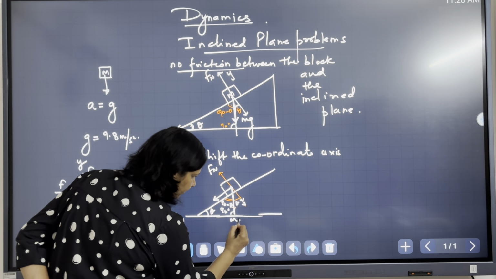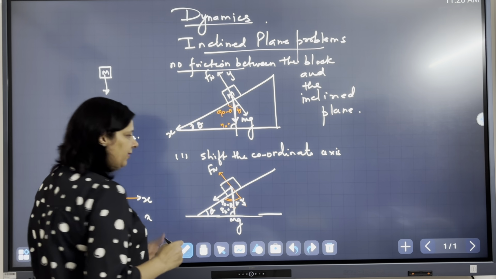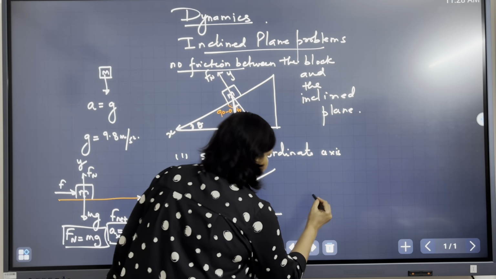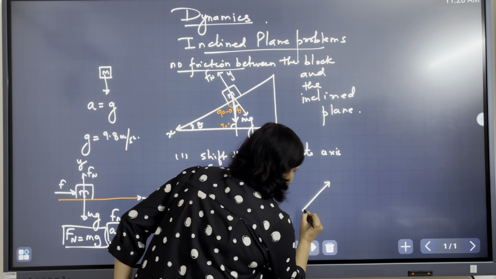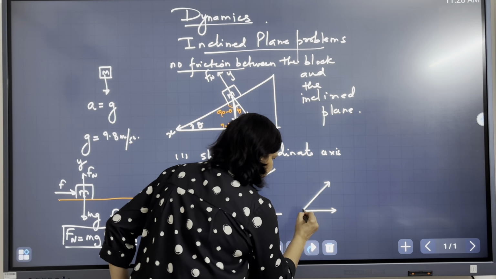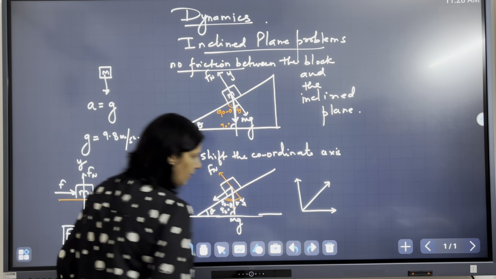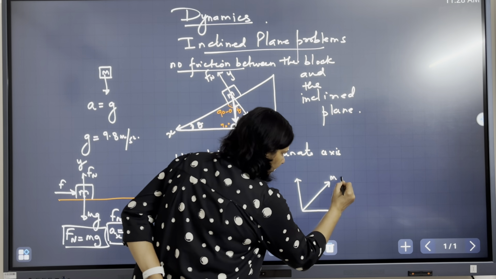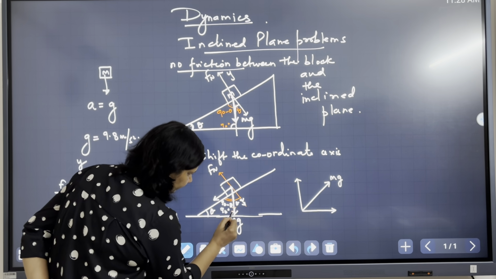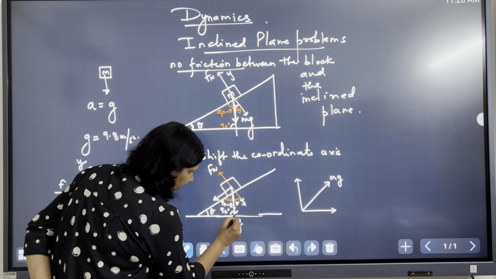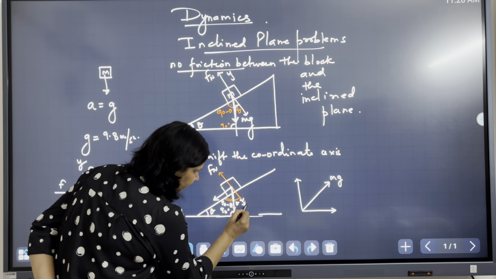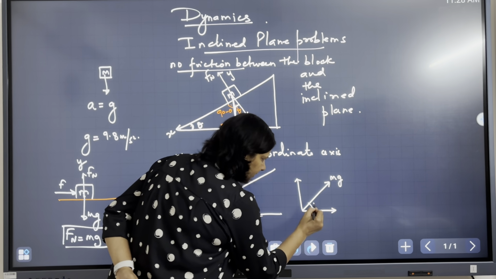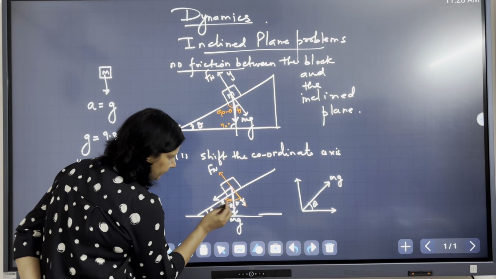This is mg. So I will again draw this diagram. Let me draw this here the way in which you all understand, which we have learnt in vectors. Now see carefully. This is mg. Okay, this vector is mg. It is making an angle theta with the horizontal. This is theta, right?